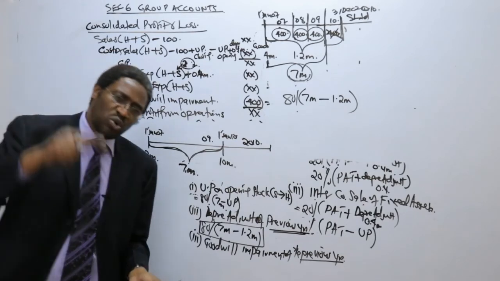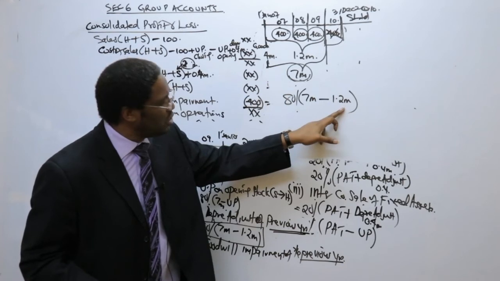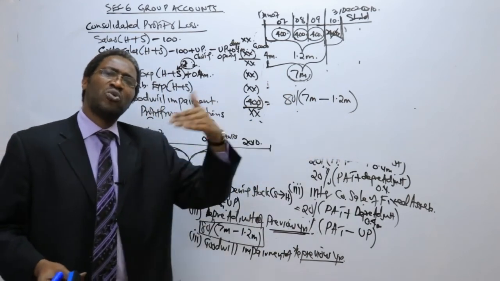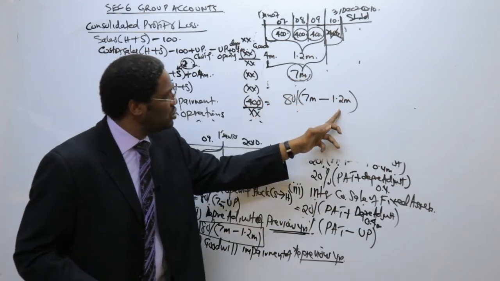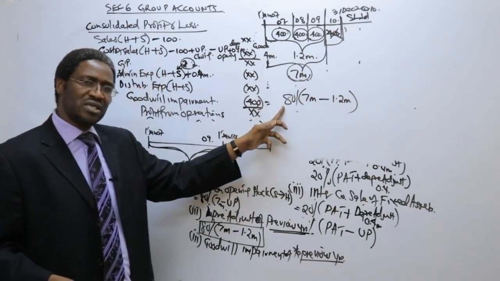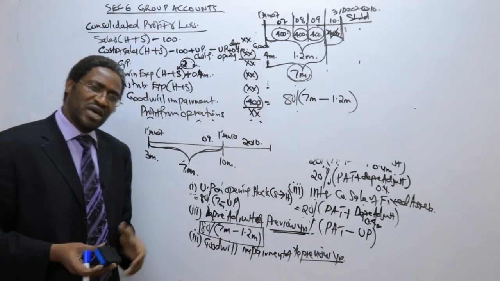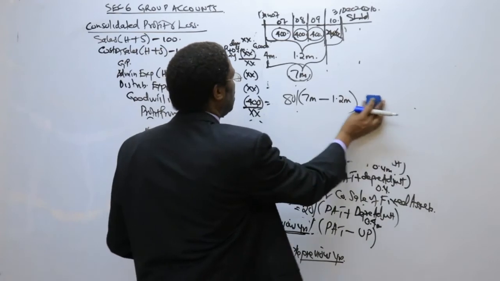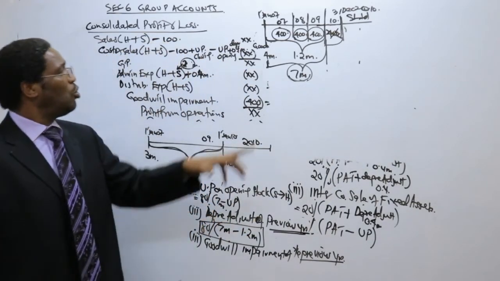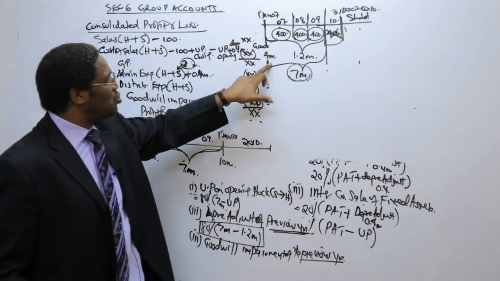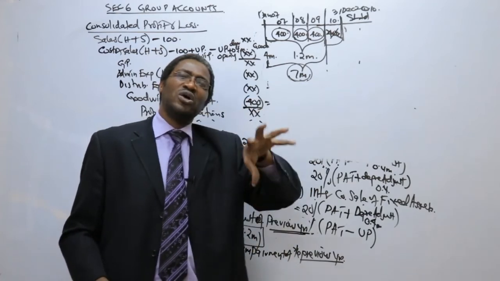Where there's goodwill impairment of the previous years, that also can make you not just take 80% of the 7. But the question is, can I take 7 million, minus 1.2, as much as we have agreed profit was more than it should be? Can I take 7 million, minus 1.2, then I take 80%? The answer is no. Why can't you do this? The reason is, I hope you still remember, that goodwill that you acquired of the subsidiary company, that goodwill that you acquired in the year 2007, that goodwill was already